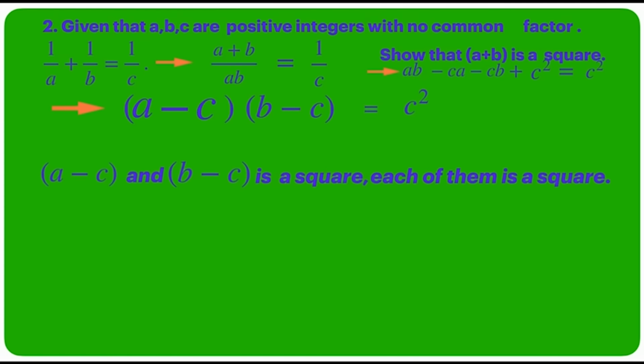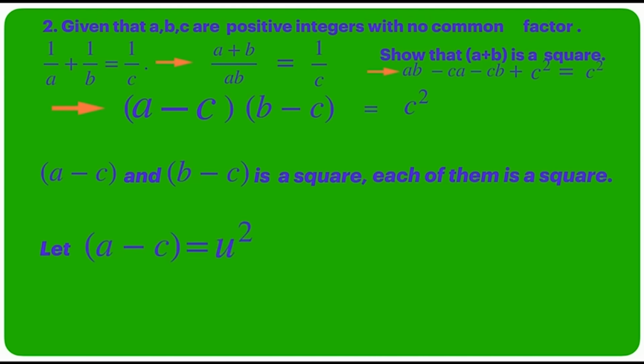So we can just write this, let a minus c is equal to u square, and then a minus c into b minus c equal to c square. So b minus c equal to c square by a minus c, that is c square by u square. So b minus c equal to c square by u square,